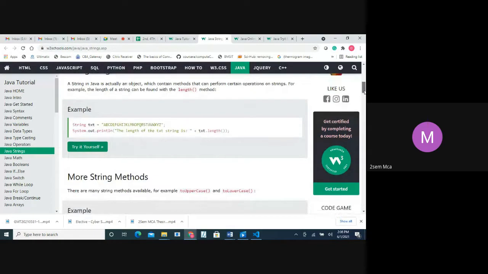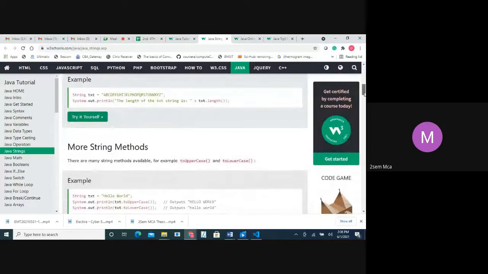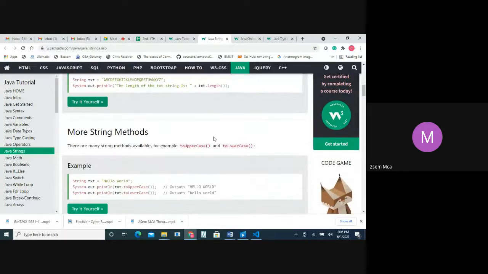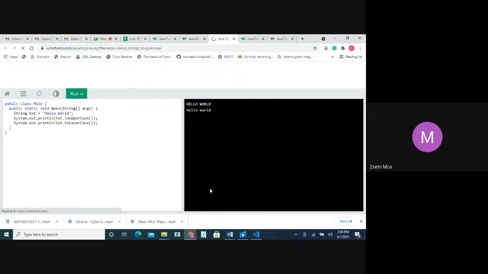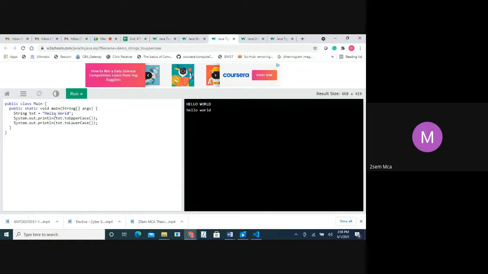Like this, we have so many built-in functions. So now I want to convert from lowercase to uppercase. Now I have a hello world. I can convert it either to uppercase or to lowercase. So now we'll see how to convert that. So I have a hello world. This is the string, and I want to convert that to uppercase first.